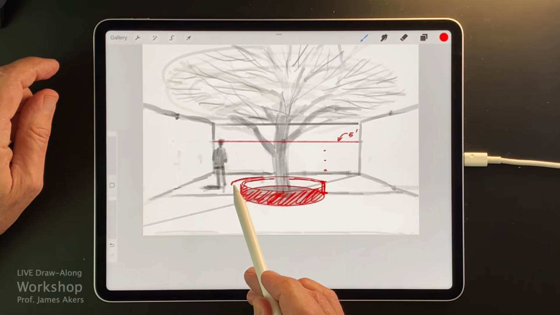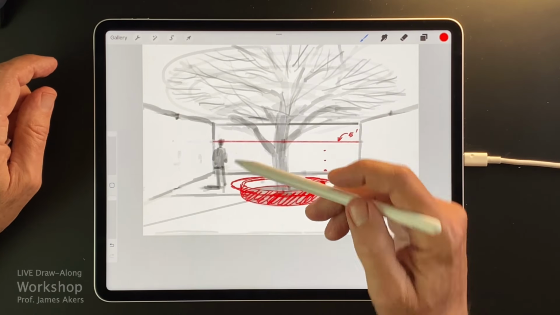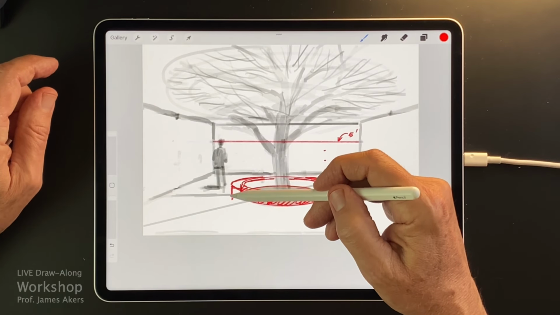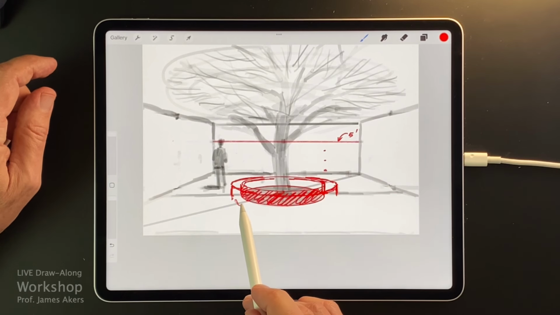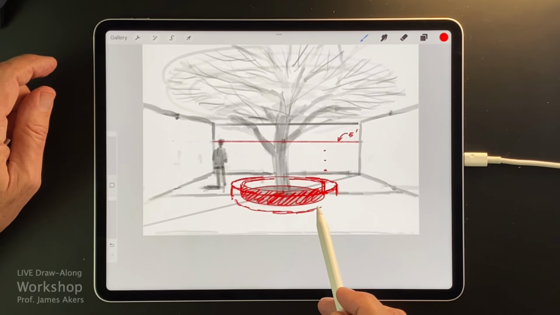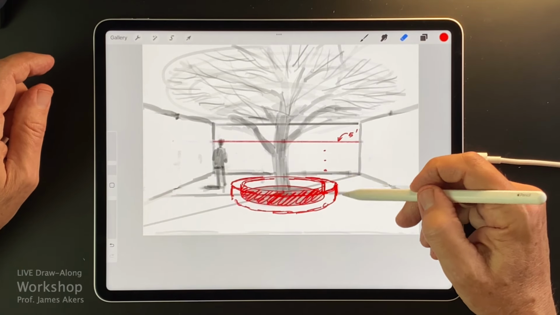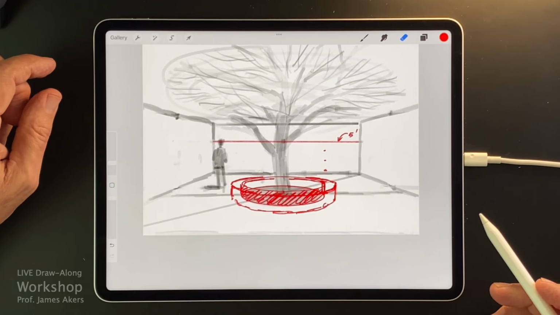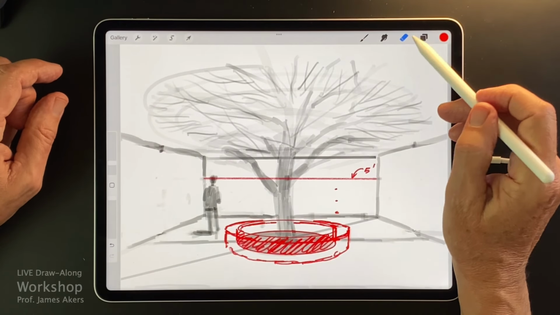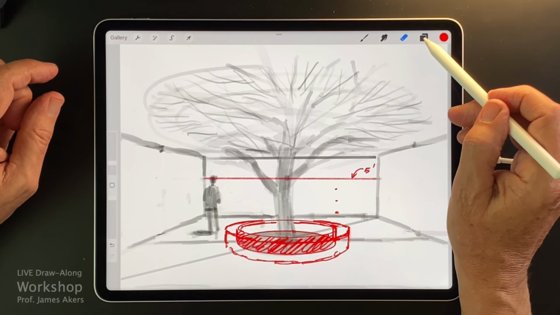I'll do that freehand, but we're actually going to be out here more with the final bench, say. So it's going to fatten itself further. And I could have gone back in and done all that again with ellipses, but let's just do it more quickly like this, and begin to shape the space that way. And I'll go back and forth and sometimes use the eraser and make some quick corrections, okay? So I'm looking at this and I'm thinking to myself, well, that's going to work. What's left to be done?